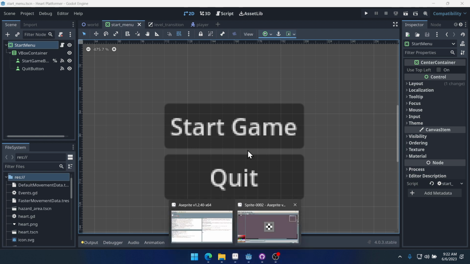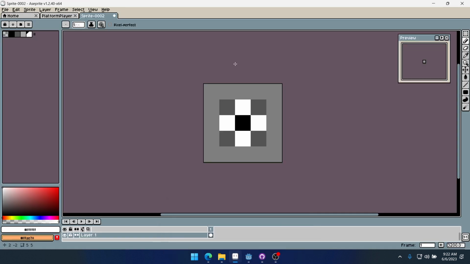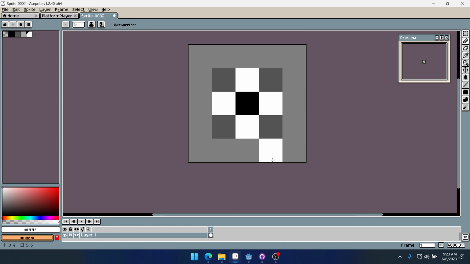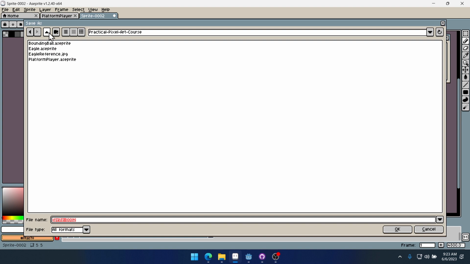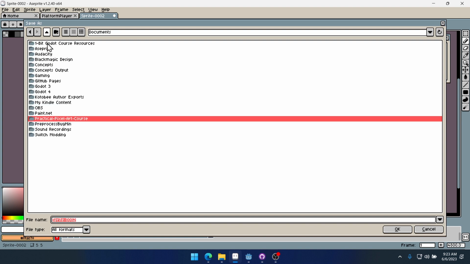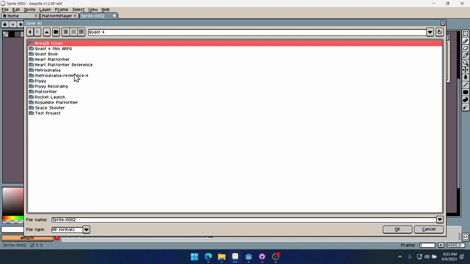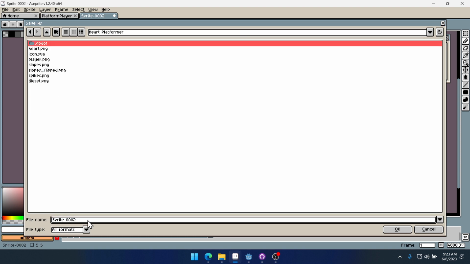So I've already opened up Aseprite here, which is the pixel art software I use, and I've created a simple 9 slice. You can see we have our center here, and then we have the white edges, and then these gray corners that won't stretch. And we're going to set this up inside of the game. So I'm going to do File, Save As, come into Godot 4, and our Heart Platformer. And we'll save it in here, and I'm going to call it